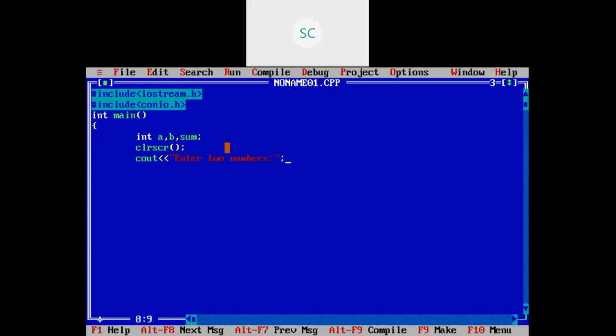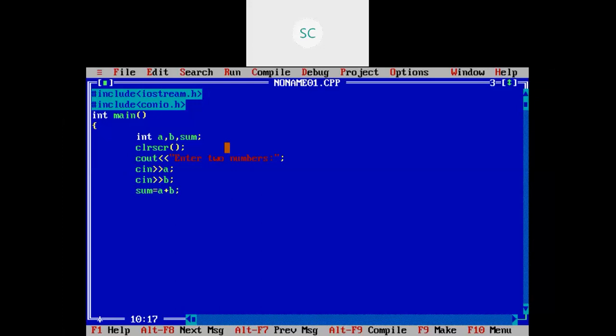I'm going to read the first number using cin into the variable a, then the second number into the variable b. After reading two values, I'm going to add those two numbers. This variable concept we will discuss in depth in a later section. Just observe how I am going to read this data from the keyboard by using the cin object.